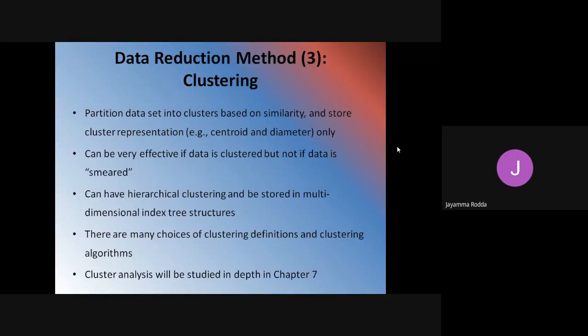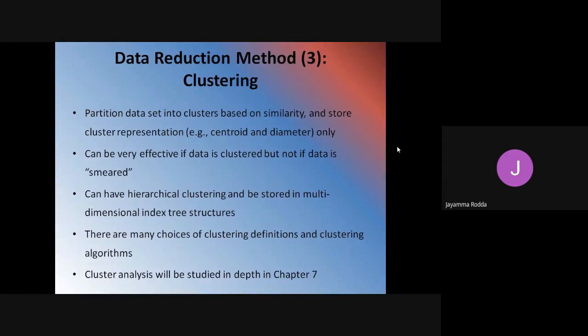If you have an effective data clustering mechanism, then it is okay. It can be very effective if the data is divided into similar groups. Otherwise, it is not effective if it is smeared, meaning damaged, or if you carelessly divide the clusters, then it is not useful.